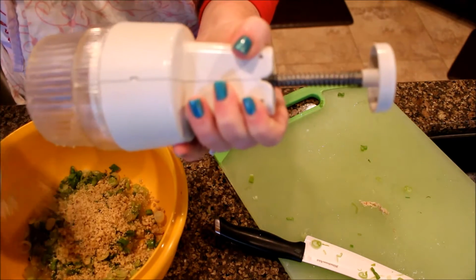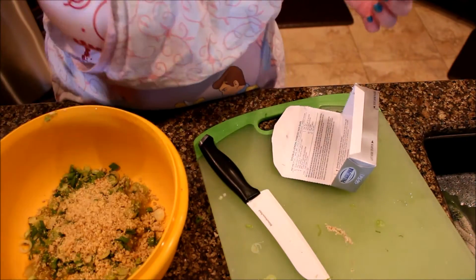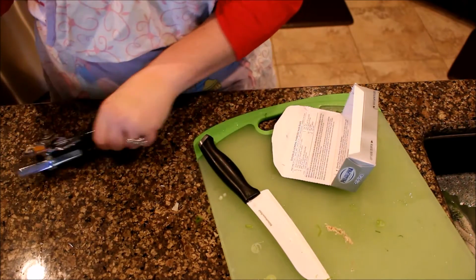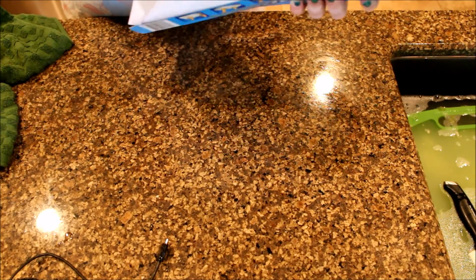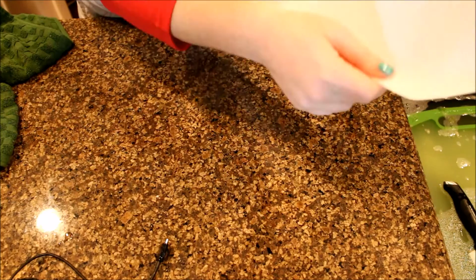Alright. Still a little bit cold, so I'm gonna roll out my cheddar while I'm waiting for it to soften up just a little bit more. 2 pieces of, this is freezer paper, which you could use parchment paper. Some people say wax paper, but the wax paper,